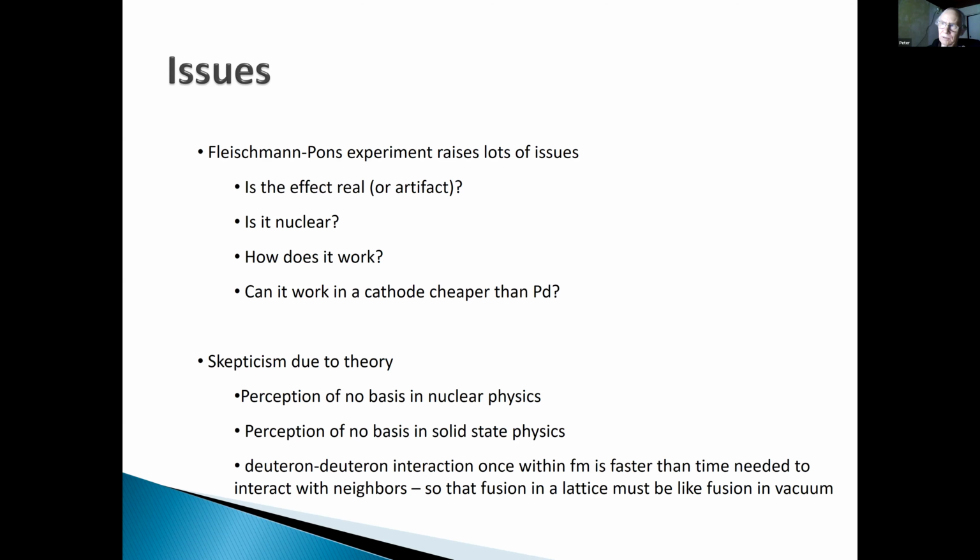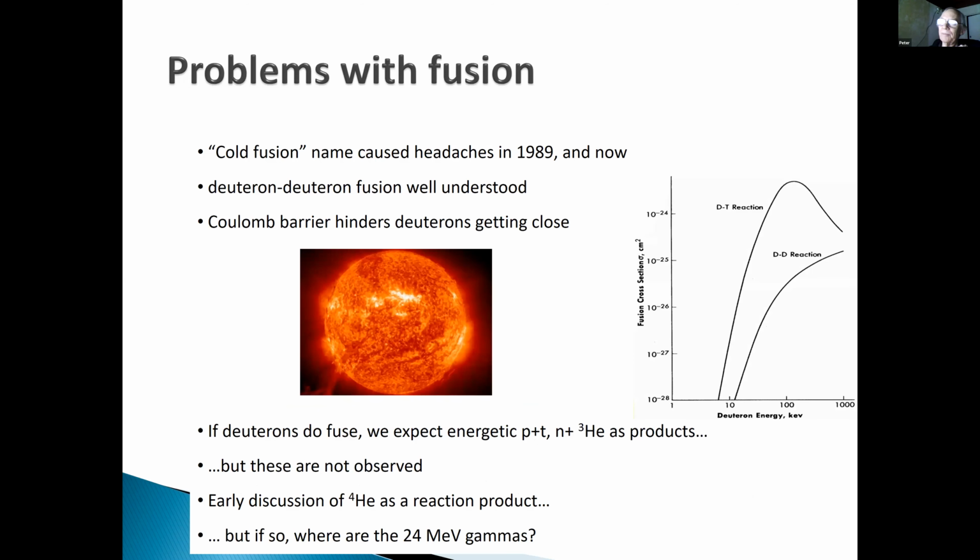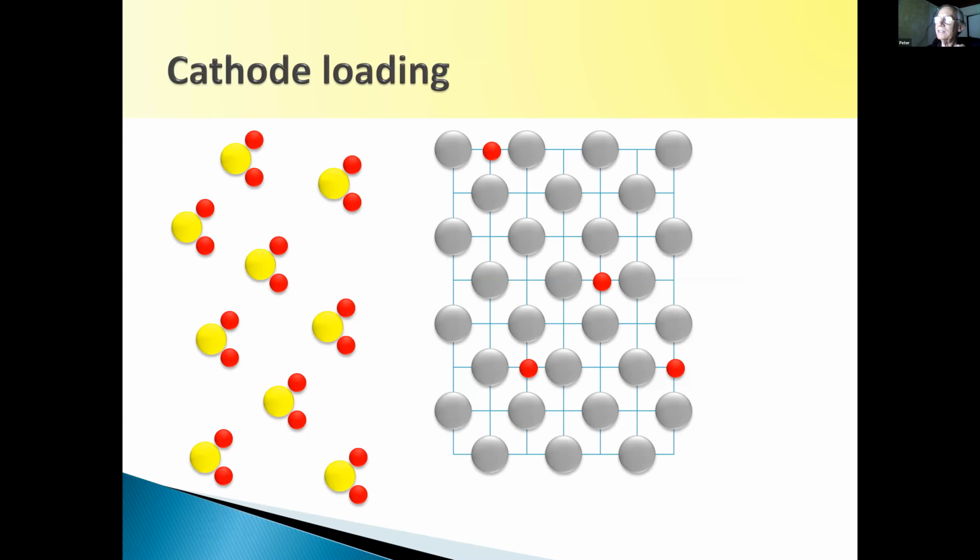Also, how does it work? Fusion is generally understood to require high temperatures, and when fusion, DD fusion, occurs, usually you get neutrons. So the question is, what's different about the Fleischmann-Pons experiment? So in a very simple-minded, boneheaded